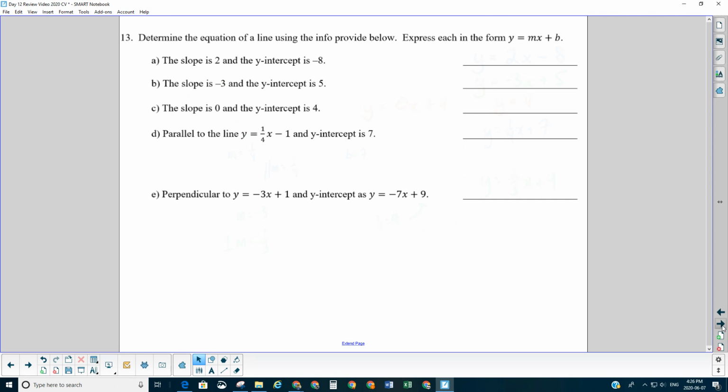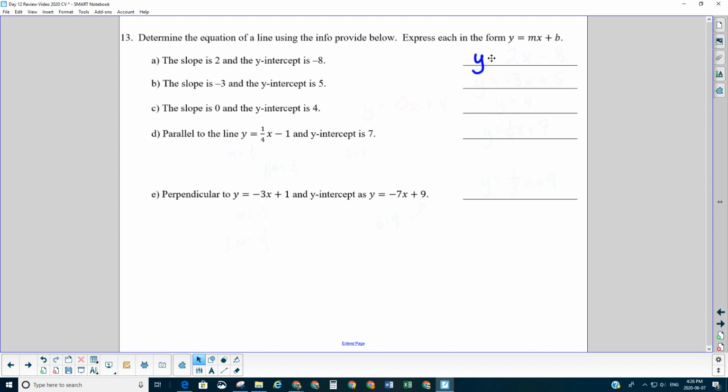So 13 is going to continue talking about parallel and perpendicular as clues to find equations of lines. In the first few, we should be okay, just be able to see it. It says determine the equation of line with the given clues. Express the form in y equals mx plus b. So here the slope is 2 and the y-intercept is negative 8. So right away we know that it's